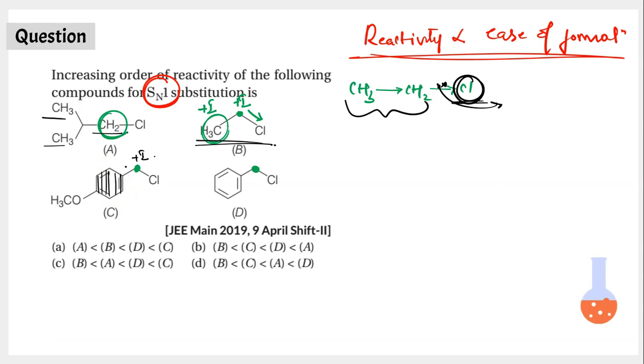Benzene always will be expecting electrons from the substituents to participate in resonance. So this benzene is an electron withdrawing group. But this benzene also has got a methoxy group which is giving electrons to benzene. So in the case of molecule C, you are having an electron donating group, and that electron donating group CH3O will be donating electrons to the benzene ring. So benzene is satisfied to some extent with respect to its electron greed.